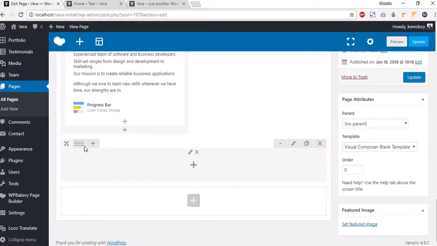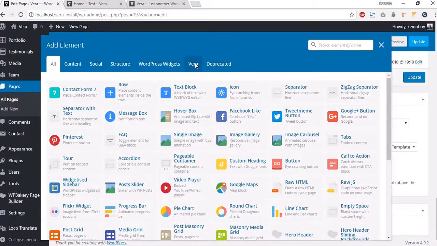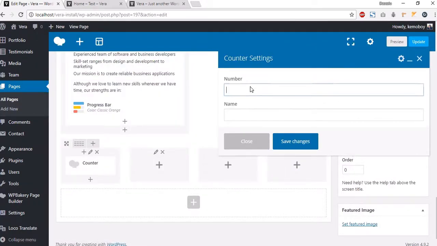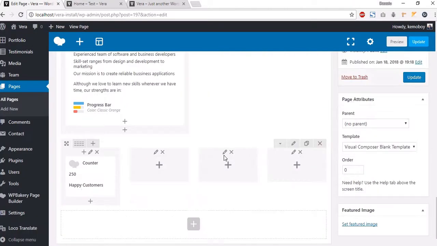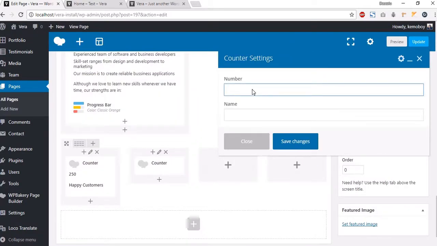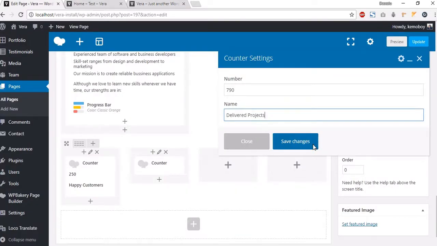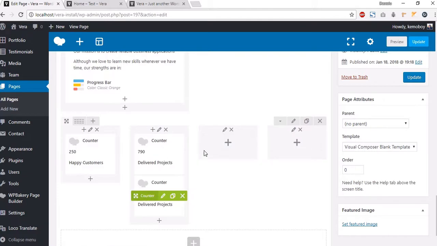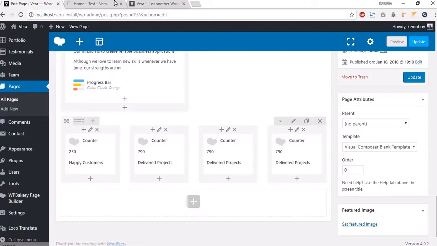and save changes, and let's split these in 4, and let's just copy some numbers from here, and let's go to Vera counter, and the number and the name of that counter, that will be, let's say, this one, and let's add it again, like let's say 790 delivered projects, and let's just copy and paste this a few times for this tutorial. So like so, preview,